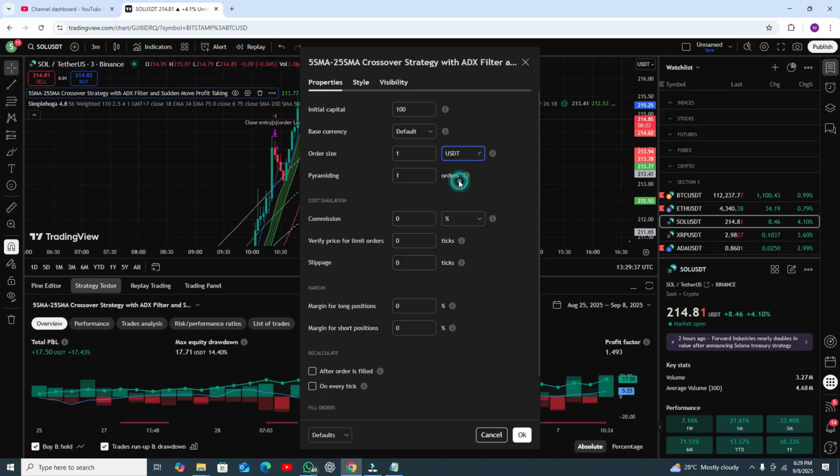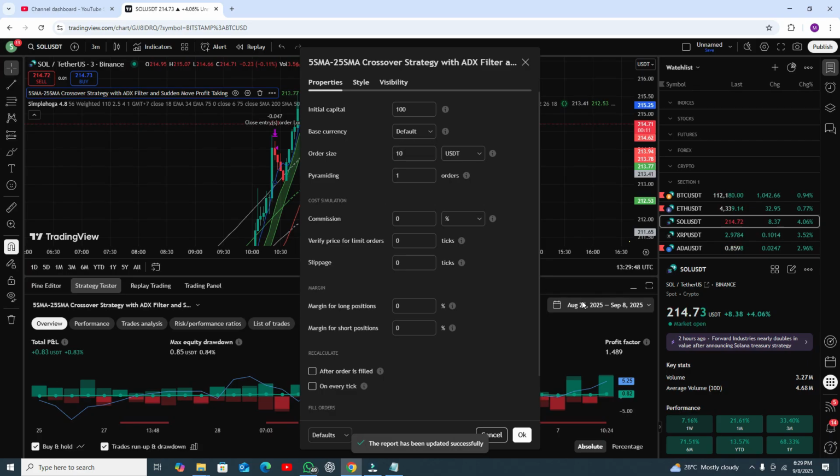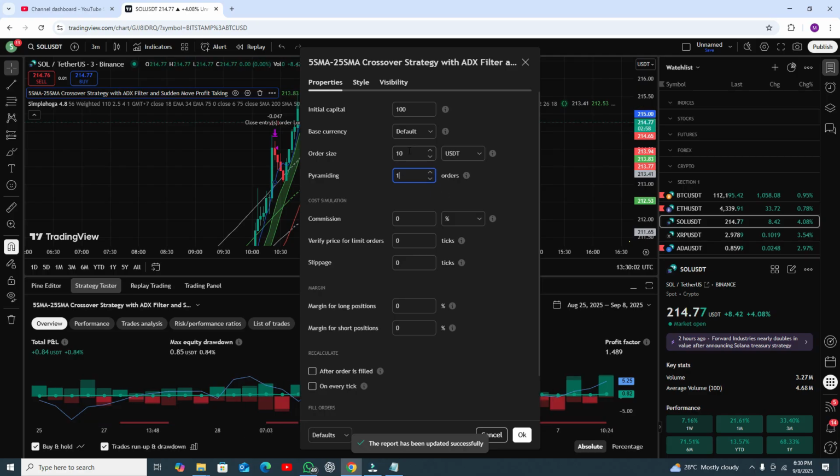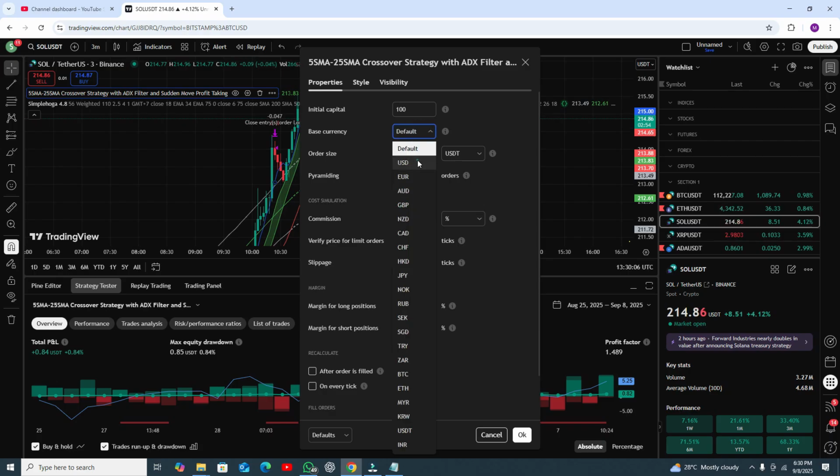For example, you have 100, and in each trade you need to put $10. Then in the last 14 or 15 days. Let me show you here. The pyramid is so small. Sorry, this is orders. And if you need the order size, default currency USD, and you need to put